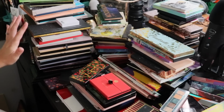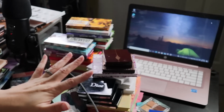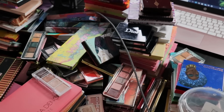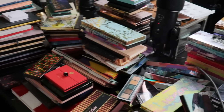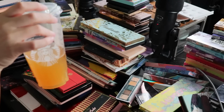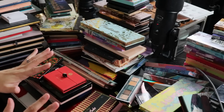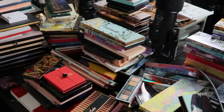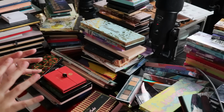All right, so we have piles and piles of palettes sitting here. There are 219 palettes. That is excessive by anybody's standards. We also have a giant black tea lemonade to get us through this. So I think how I'm going to do this, rather than go through every single one of these 219 palettes, is that I'm going to just show you in groups of maybe 10 which palettes I am getting rid of,